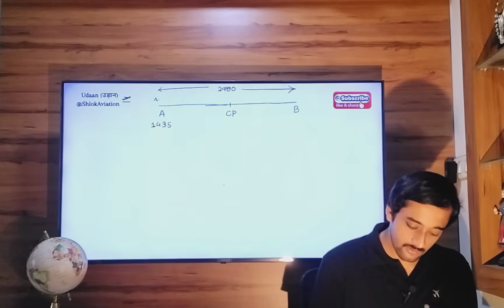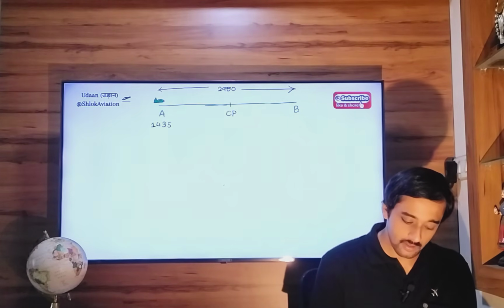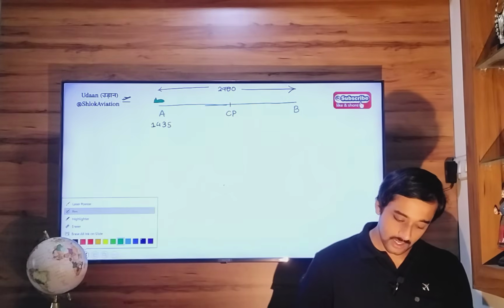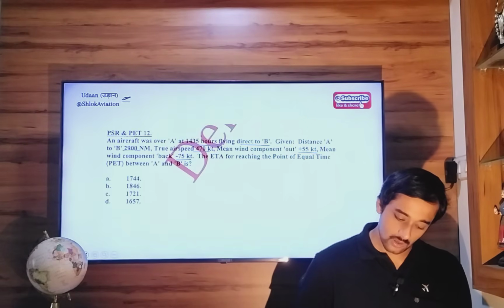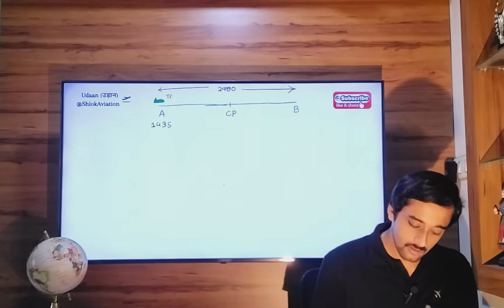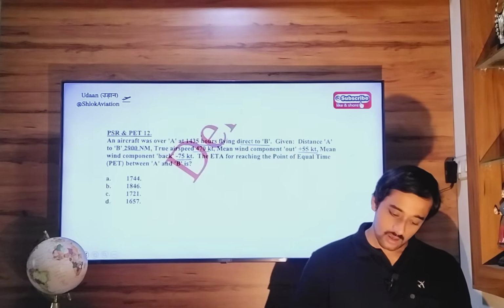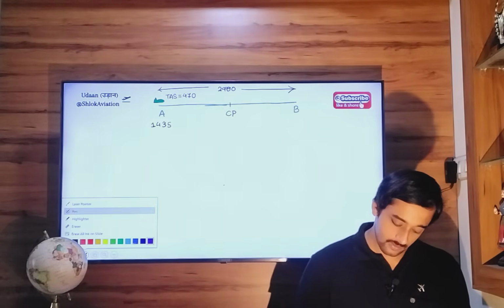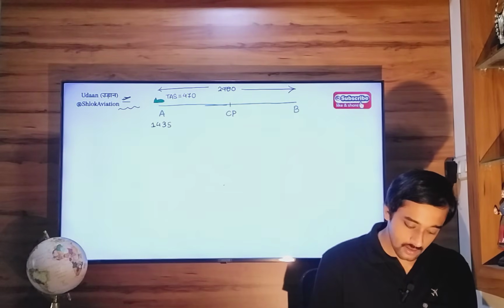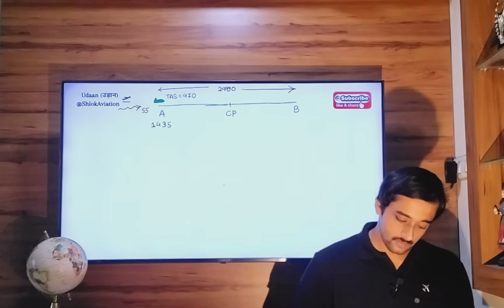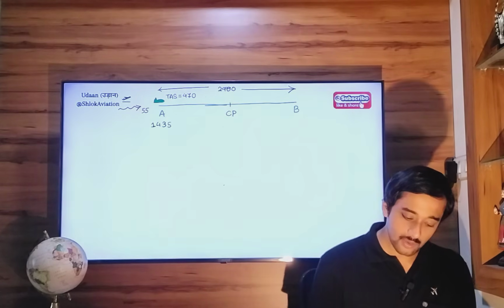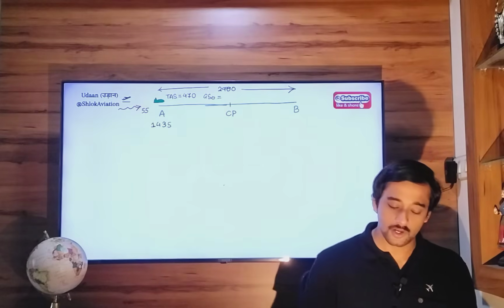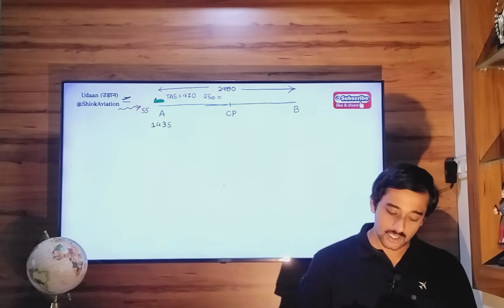Here is your aircraft at point A. The true airspeed of this aircraft equals 470. Flying outbound, you're getting a tailwind of 55. So the outbound ground speed of this aircraft will be true airspeed 470 plus tailwind